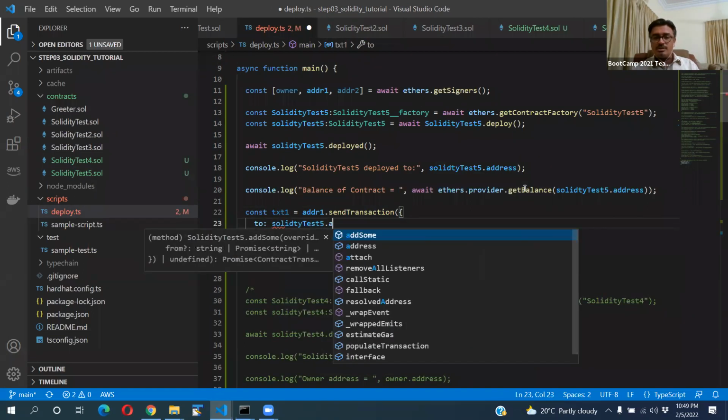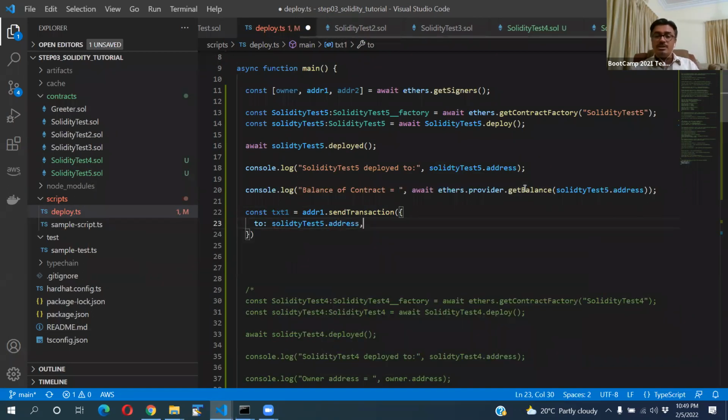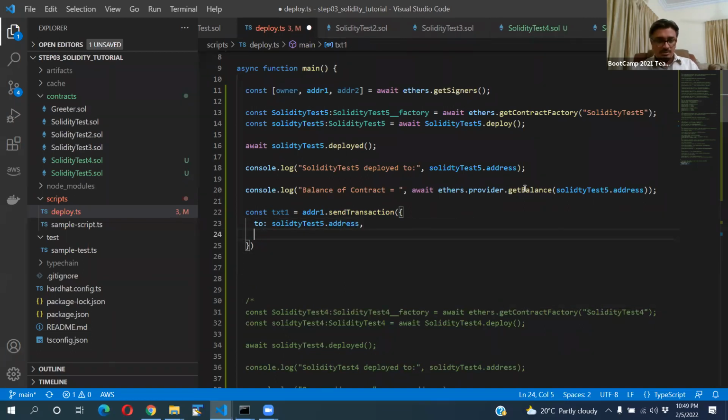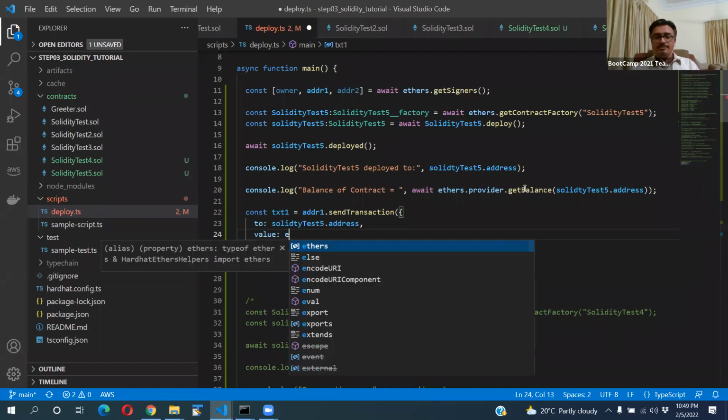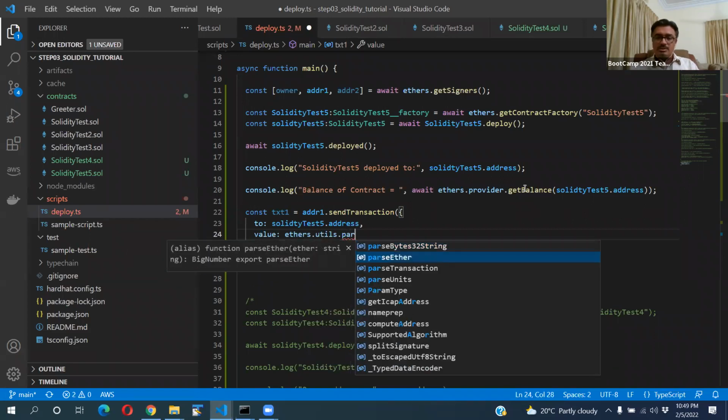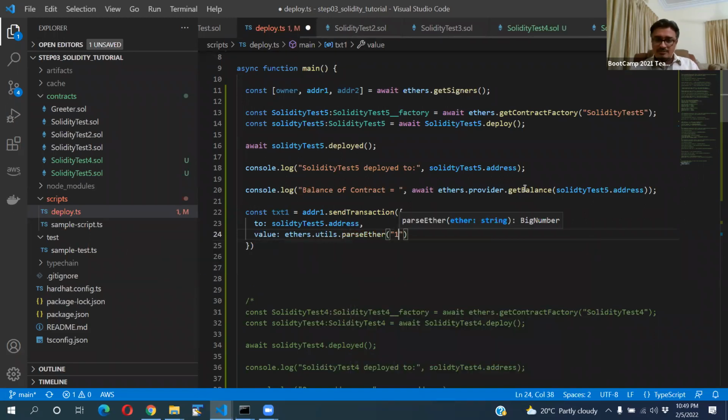So we'll say solidity.address. We'll be actually sending the funds to this, and the value will be ethers.utils.parseEther. If I say 1, that means I'll be actually sending 1 ether from address 1 to this